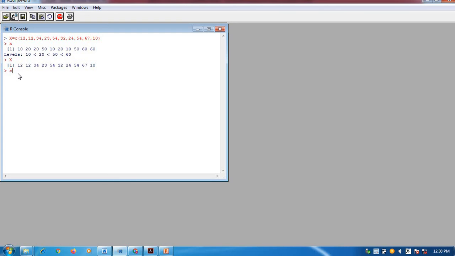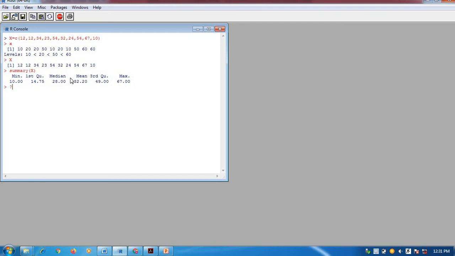Now if I do summary of this data set, that is the X data set, see what information I am getting. I am getting the minimum 10, first quartile 14.75, median, then the third quartile 49, this is the mean, that is the average, and this is the maximum value. So this summary function gives you one additional piece of information, that is the mean, which we don't require in plotting a box plot, but summary is giving us this information. Now we will try to use this plot.